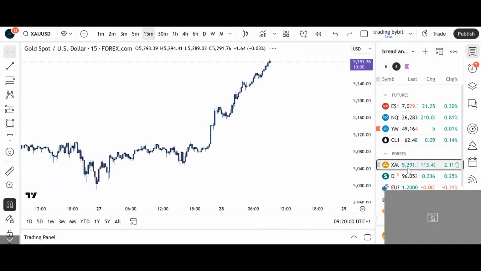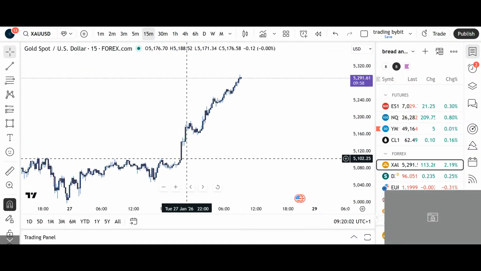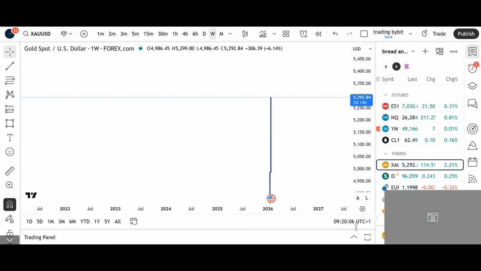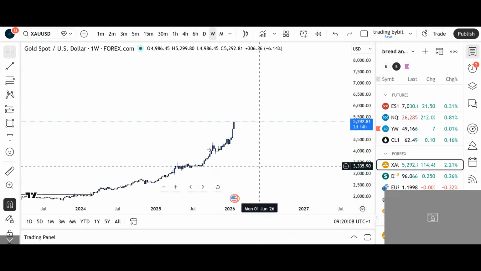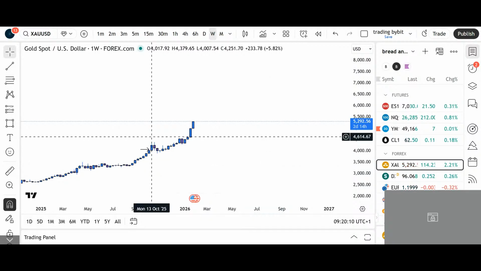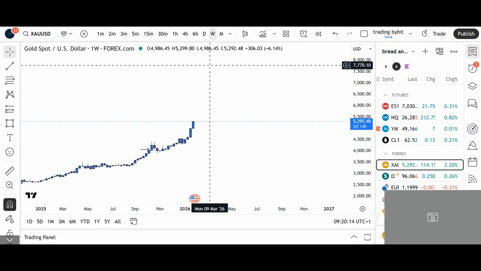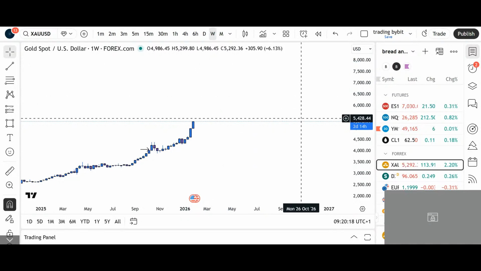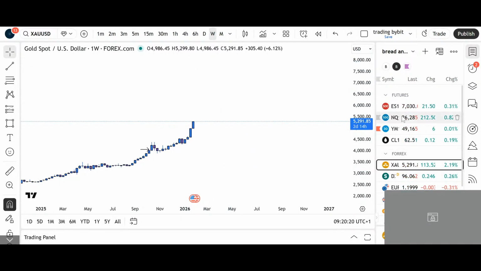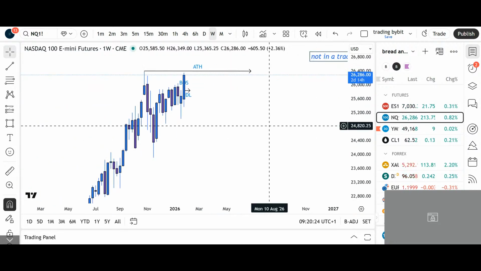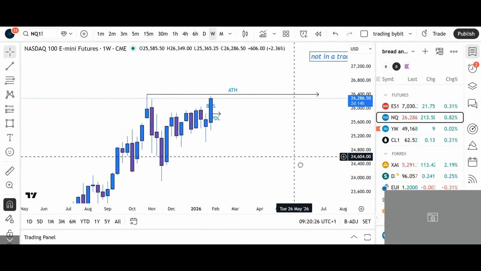That would be the same if you wanted to short gold already. Look at this. If anybody would short gold in the last few weeks, I believe you did not make a lot of money. The all-time highs means that the market has no limit. That means that the market can just flush through everything. So try not to short all-time highs. Anybody new to all-time high trading, do not. Again, I repeat, only take longs on all-time highs.